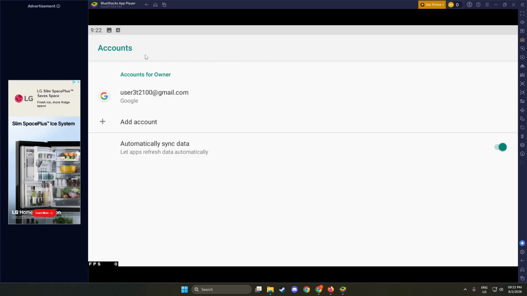You have now switched your Google account in BlueStacks 5,